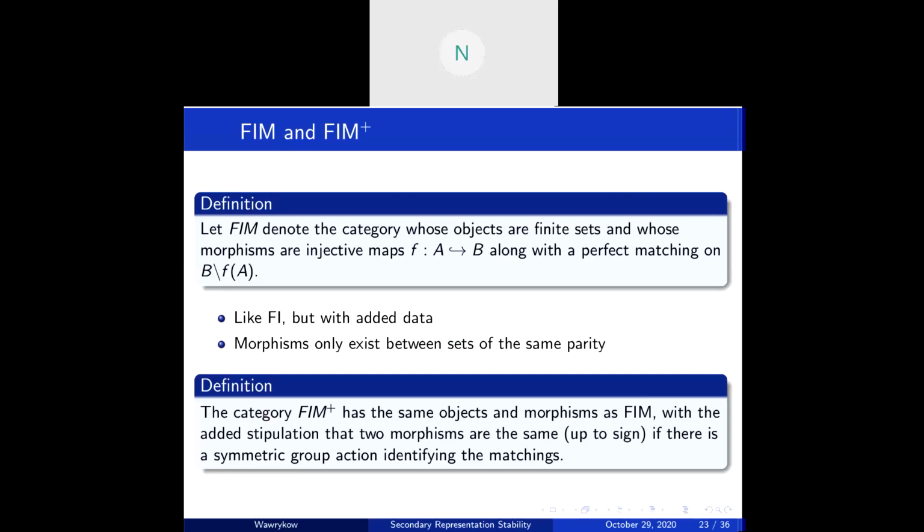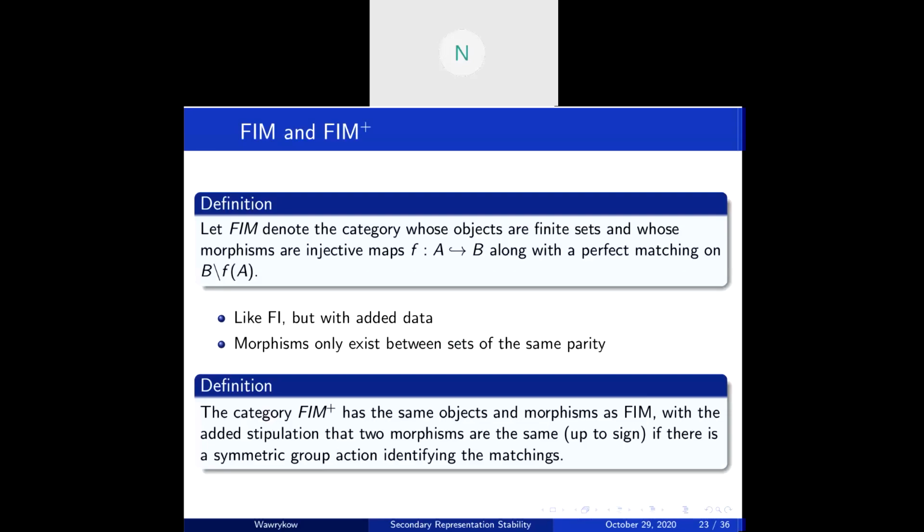If we say A is of size n, and B is of size n plus 2k, then we're going to have k pairs. And we're going to order these pairs 1 through k. And this allows us to define the category FIM+. So it looks a lot like FIM, but now we say two morphisms are going to be the same if the symmetric group S_k,